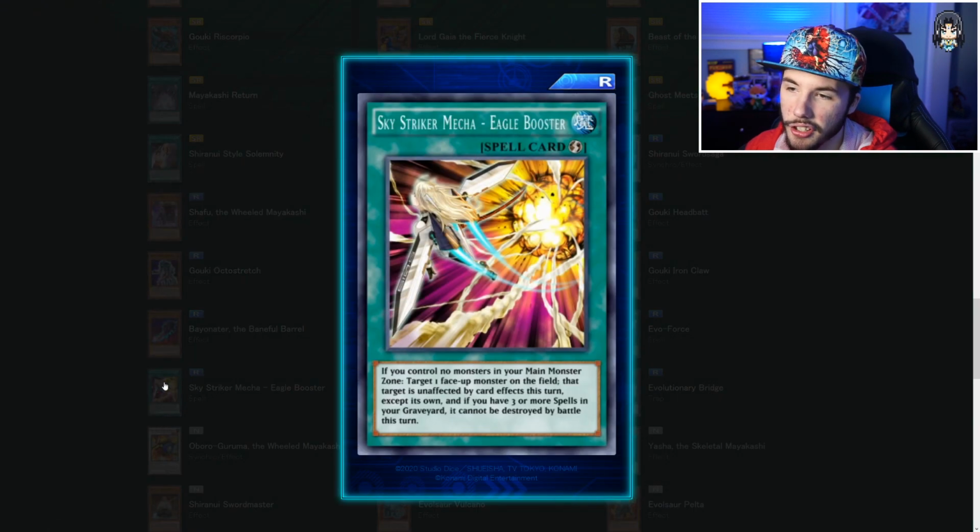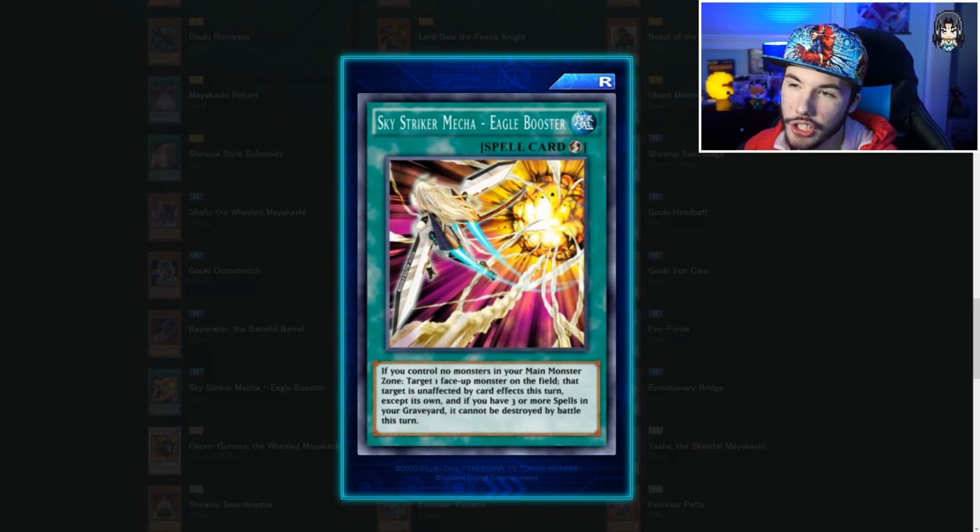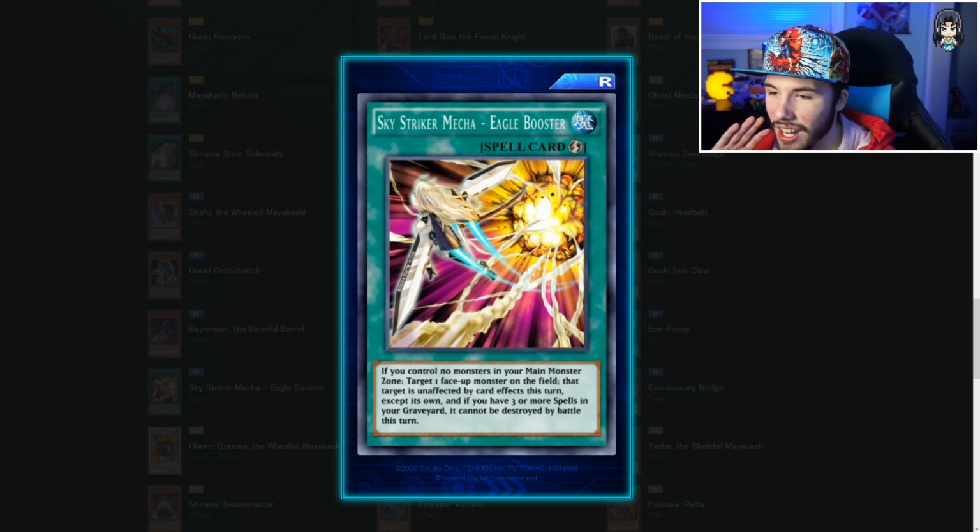But it's still cool to see that we have all the Gouki cards from what I can tell in this new box. And another card that piqued my interest, we have a new Sky Striker card, so now I can update my Sky Striker deck. But this card is okay. So Sky Striker Mecha Eagle Booster is a quick-play spell card that states if you control no monsters in your main monster zone, target one face-up monster on the field. That target is unaffected by card effects this turn except its own. So it's like an okay,